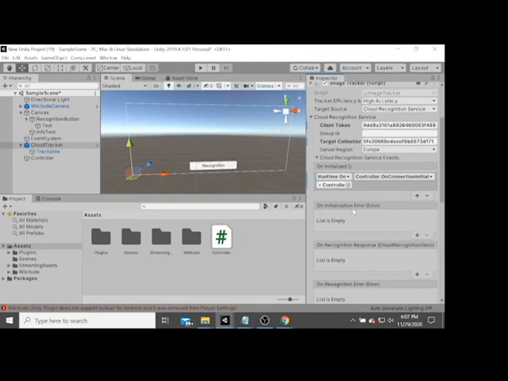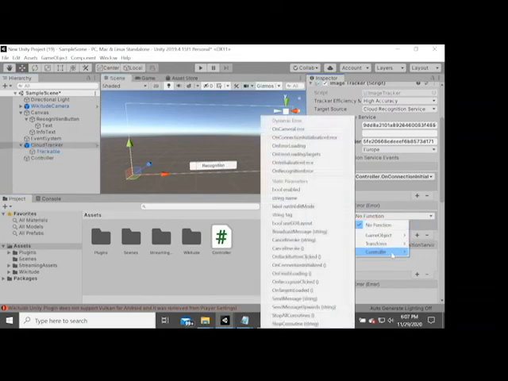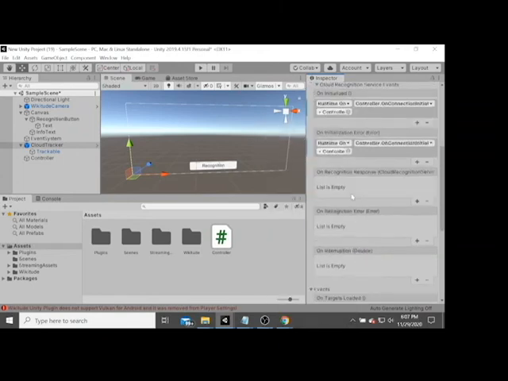Next, on initialization error, you can drag the controller to here, choose the controller, then you can choose on connection initialize error, this one. Okay.